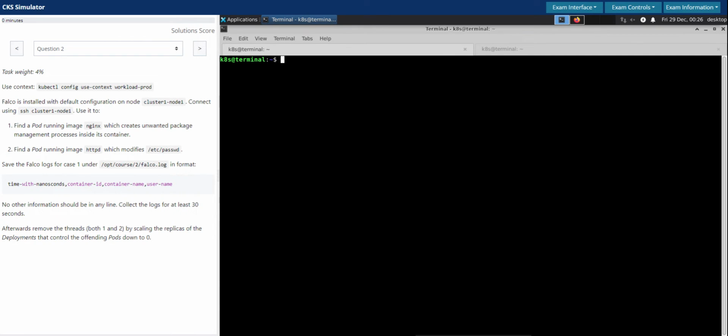So the question says Falco is installed with the default configuration on the node cluster1-node1. Connect using SSH cluster1-node1. So first SSH onto the given node, and then it says find a pod running image nginx which creates unwanted package management processes inside its container, and find a pod running the image httpd which modifies the /etc/passwd file, and then save the Falco logs for